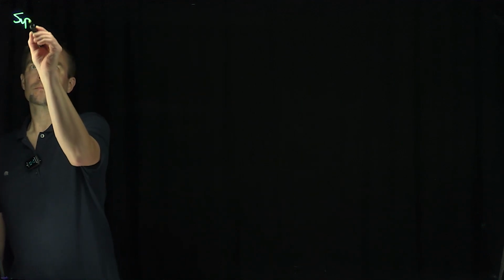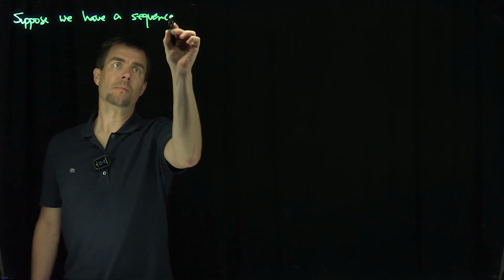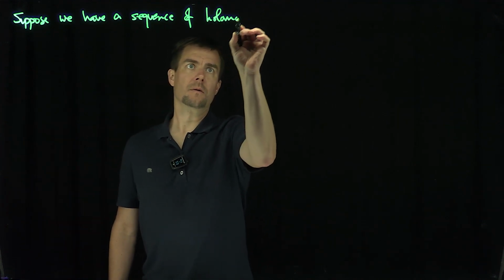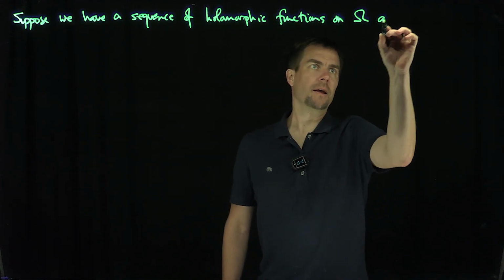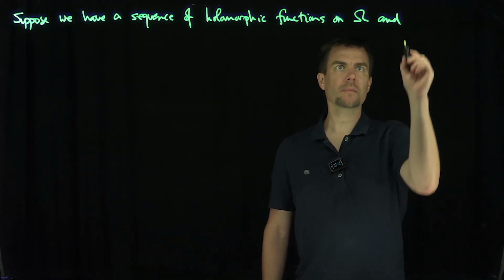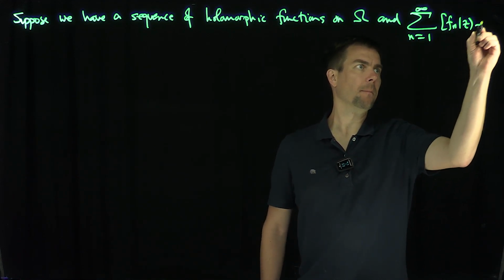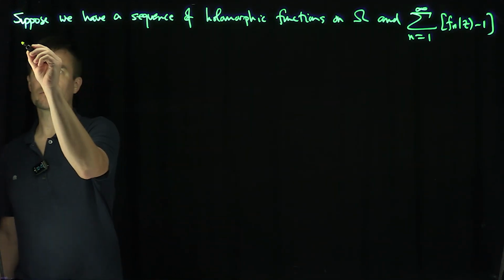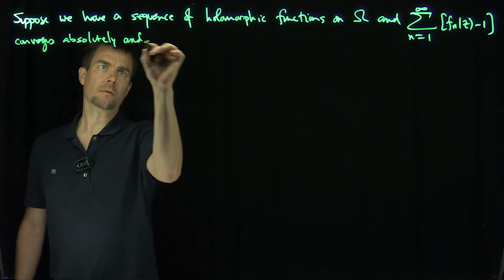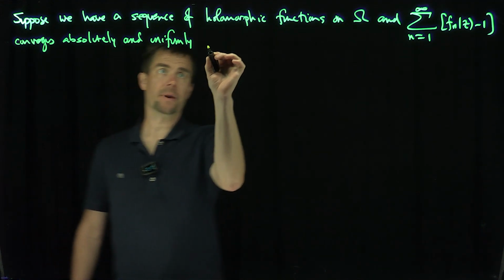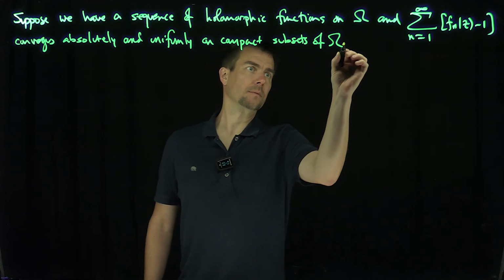Let's suppose we have a sequence of holomorphic functions on a set omega, and we have this series over here, and the sum n goes from 1 to infinity of fn of z minus 1 converges absolutely and uniformly on compact subsets of omega. Then